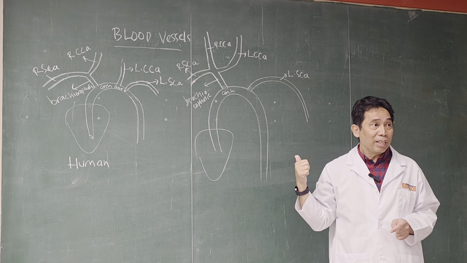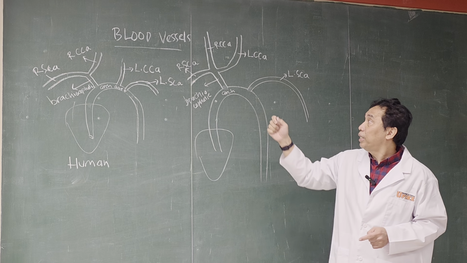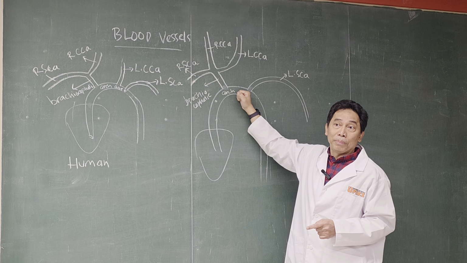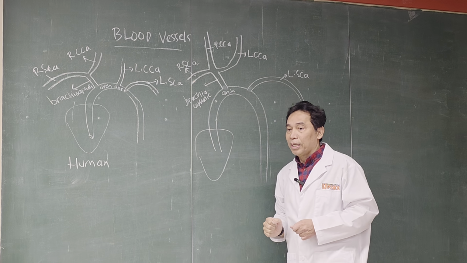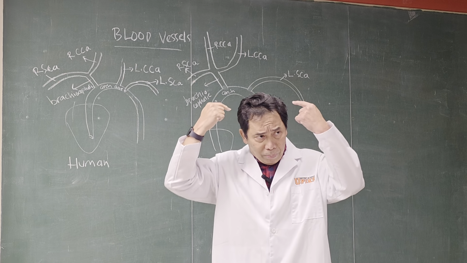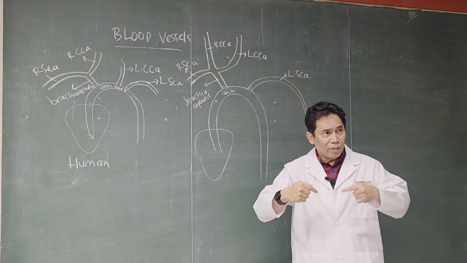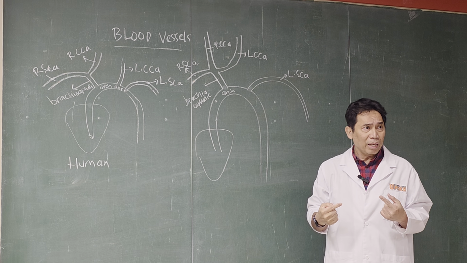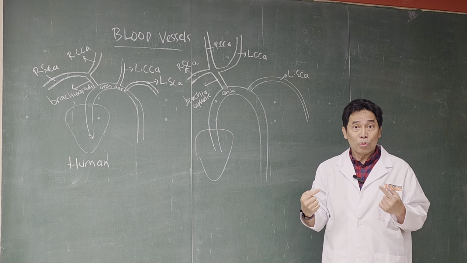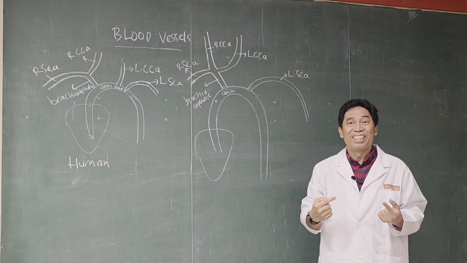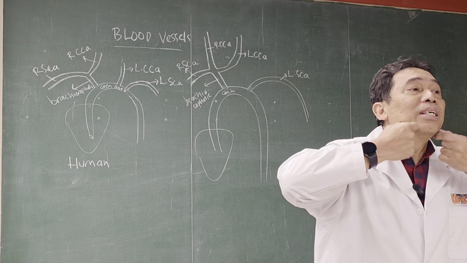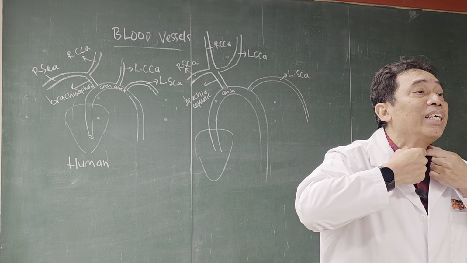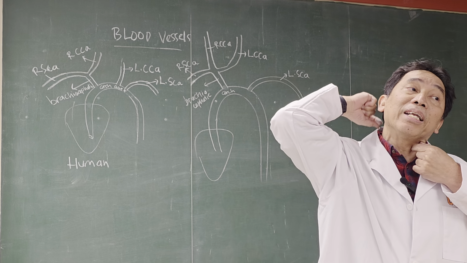Okay, when you dissect the pig, look for this structure over here. Now another difference: the vein that comes from your brain is called the jugular vein. There are two, internal and external. In human, the internal is actually the one that's here on the front neck, and the external is going to be on the back neck.